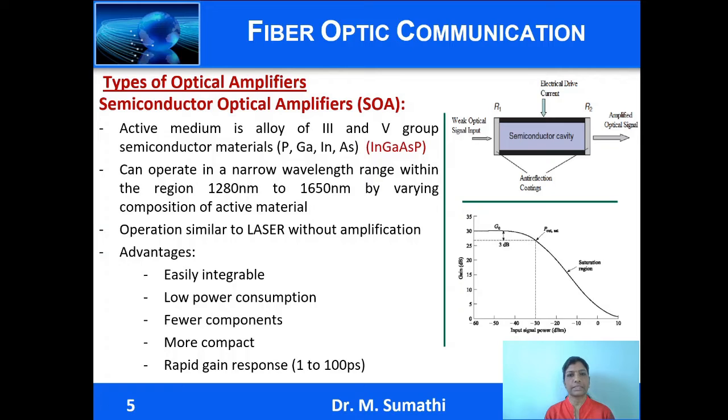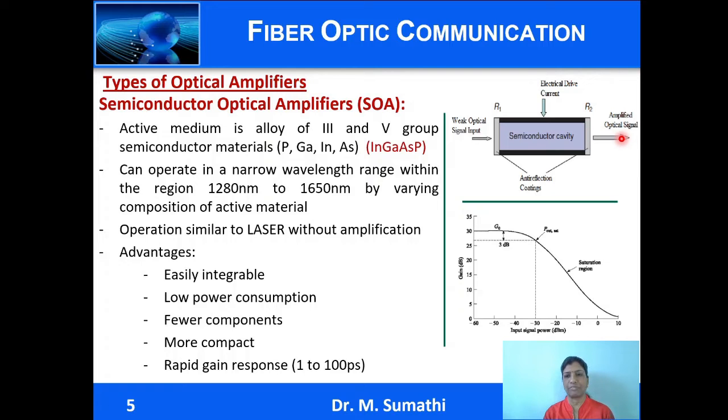Next, we shall discuss each optical amplifier in detail. The first, semiconductor optical amplifier, the construction of an amplifier. It has an optical cavity which is similar to that of the laser, but the end faces are coated with anti-reflection coating to prevent reflection of the optical signals. Therefore, the input signal, the weak signal that is input into the amplifier, makes only a single pass in the amplifier